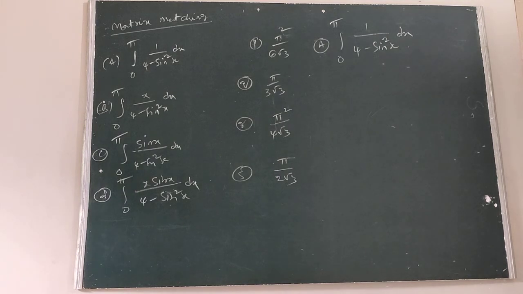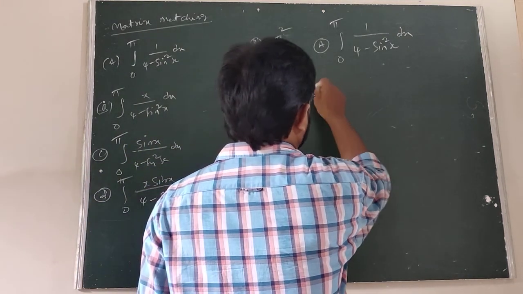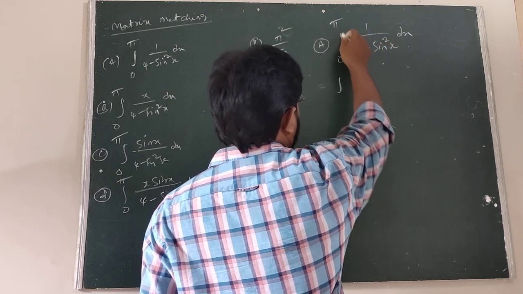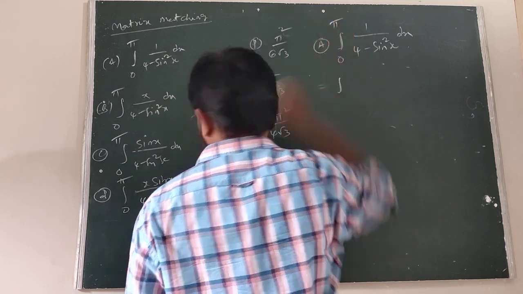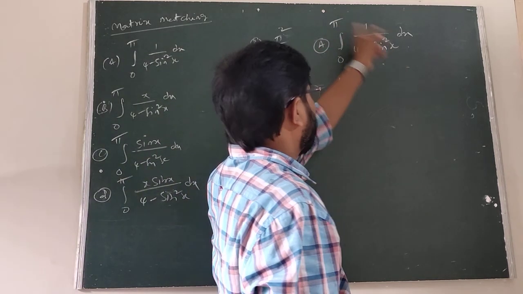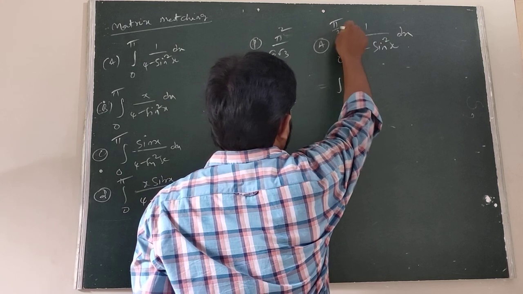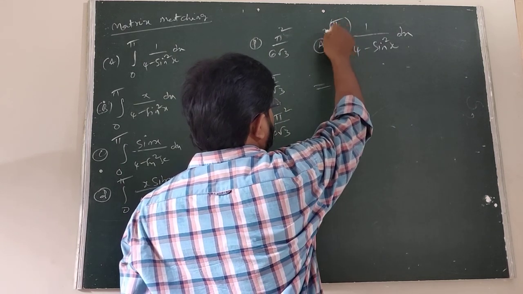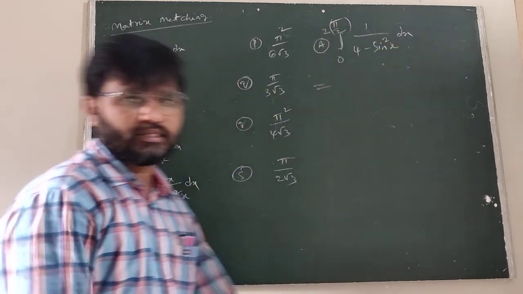Okay. Therefore, all of you listen here. We can write the integral with pi minus x. We have to know the first rule: integral 0 to a can be taken as 2a also. Therefore, this is pi minus x. Sin of pi minus x is sin x. Therefore, now we can write into 2. And this one we have to compare with 2a. 2a is pi. Sin of pi minus x is sin x.